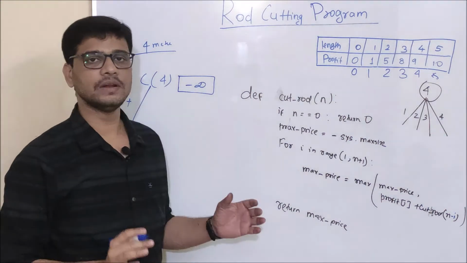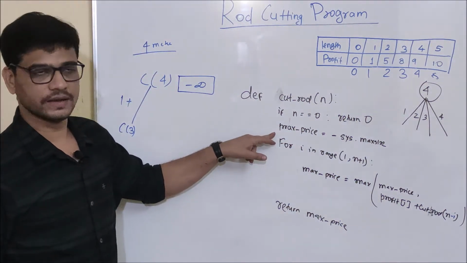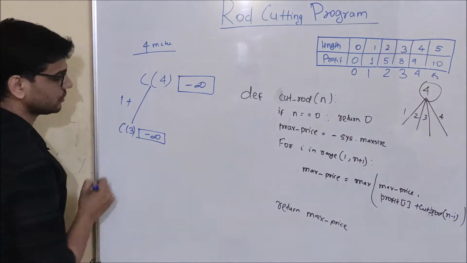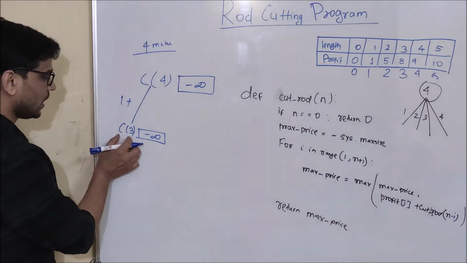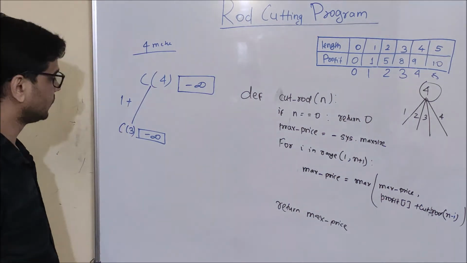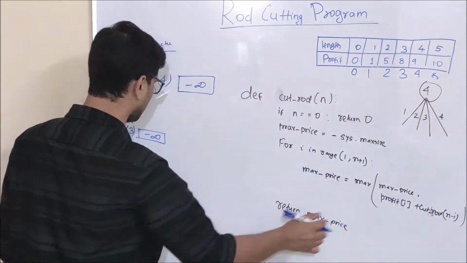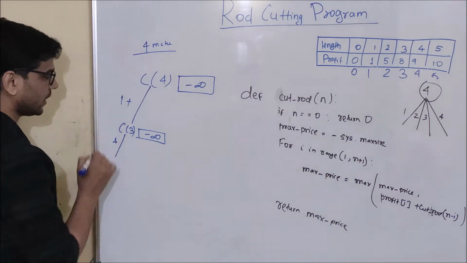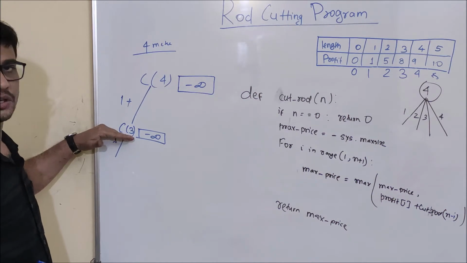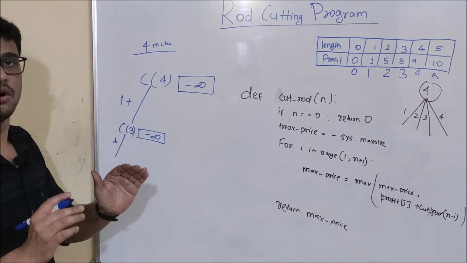And when cutRod of 3 is called, the if check for n equal to 0 will be false. What is going to happen? Again this variable will be created for this particular function and it will be initialized to minus infinity. Okay. And after that this for loop will execute for this function, that is when n is equal to 3, the for loop will execute for i equal to 1, 2 and 3. And one more thing, see, for this 1 meter cut, when I am calling cutRod of 3, the 2 meter cut, 3 meter cut and 4 meter cut for this cutRod of 4 will be on hold.